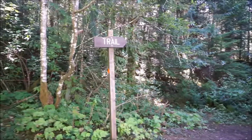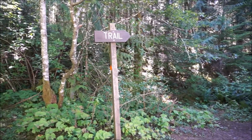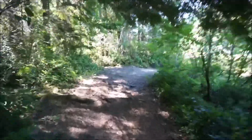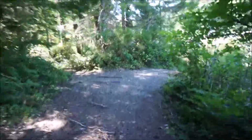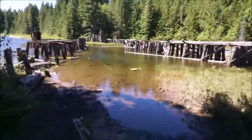So we're just heading into the trail that leads into the Gray Lake Ponds, heading south. Walking down the trail here that's going into the Gray Lake Ponds, and you can dump in this first section here. These are the old railway trestles that were operating up till about 1955, and then they switched to logging